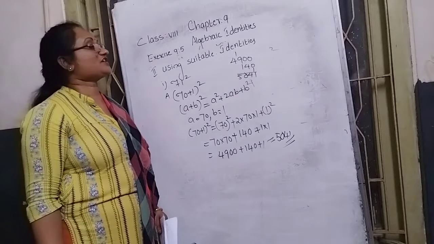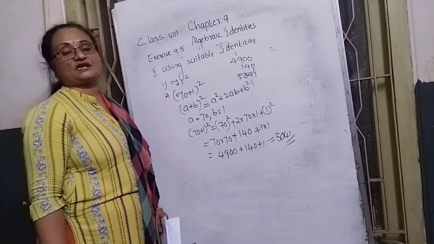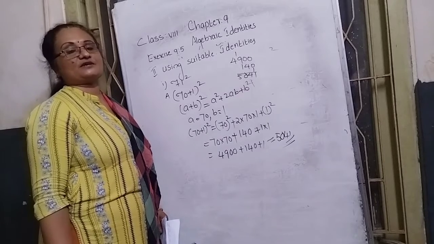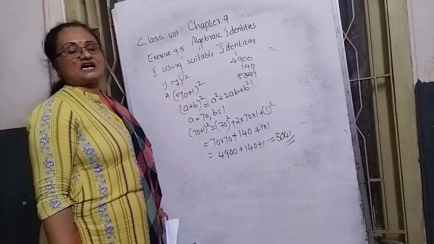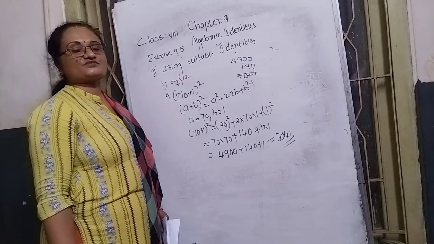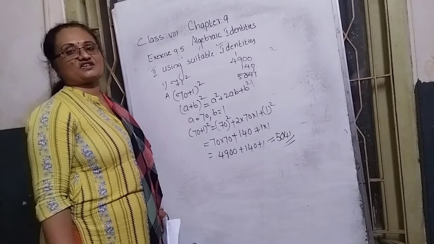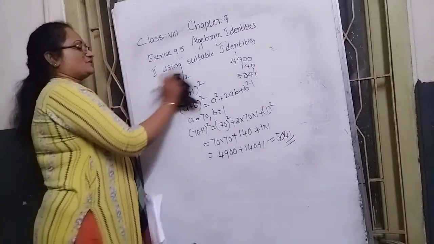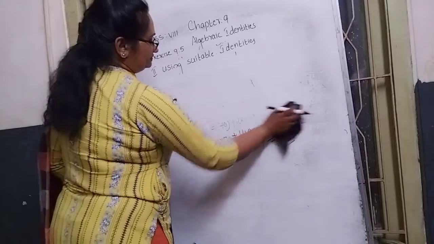Why? Because here it is not a variable term, only numbers. That's why finally we write them column-wise and add. But the previous questions were identity cases, they had variable terms. We can't do anything there. Only like terms can be added or subtracted. Finally we were reaching unlike terms only. That's why. Next, one more question.